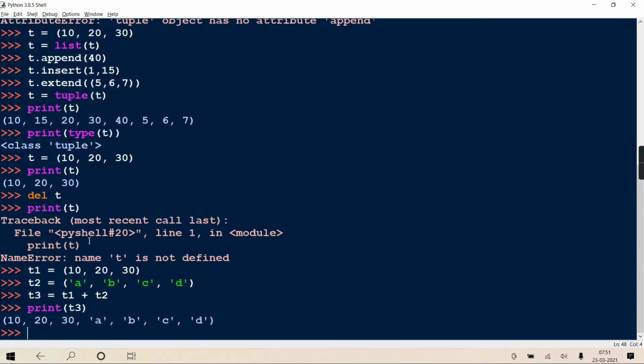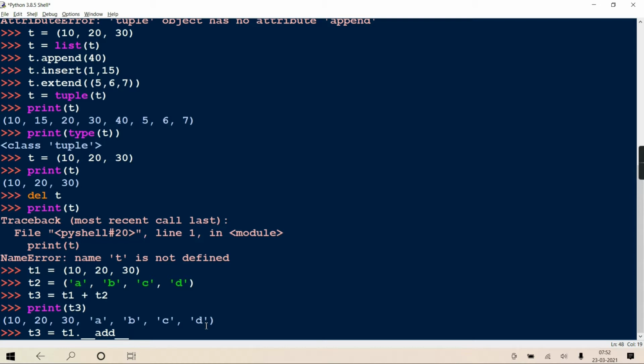See, T3, in which all the elements of T1 are there, followed by T2. In reality T1 gives a call to this magic method. When we say magic method, it has to be a dunder method. According to Python, all dunder methods start and end with double underscore.